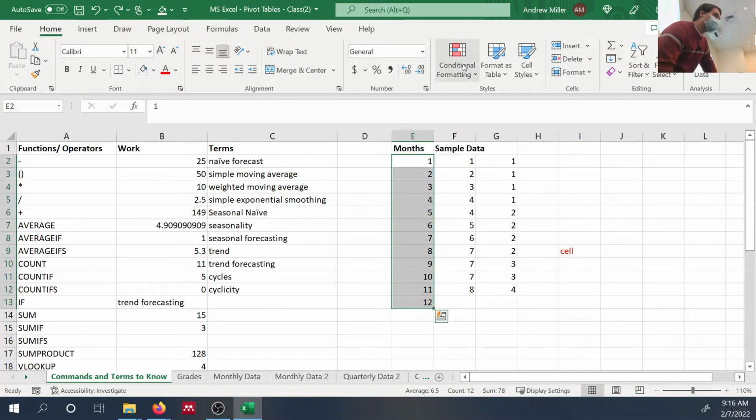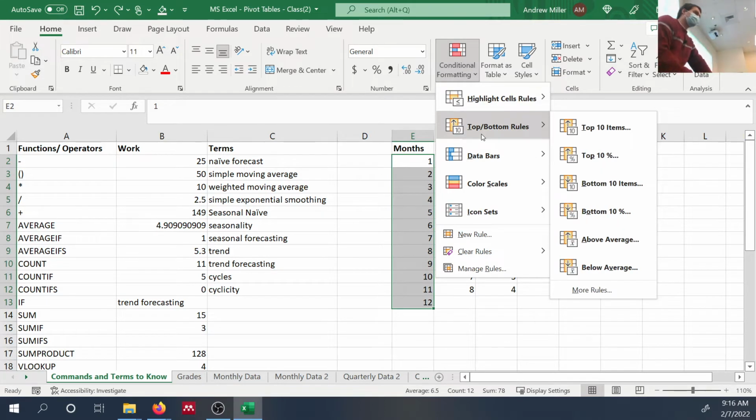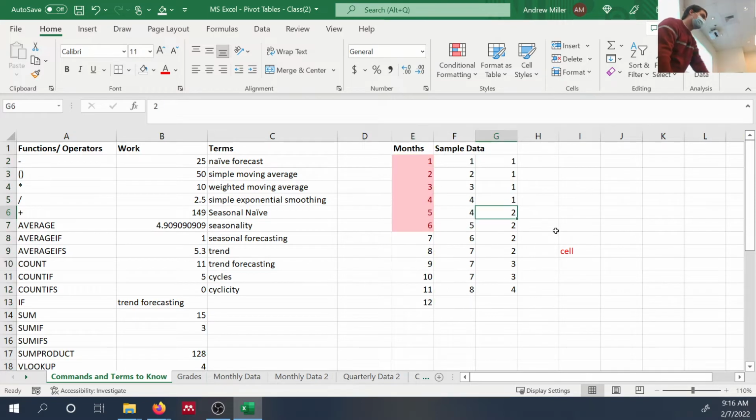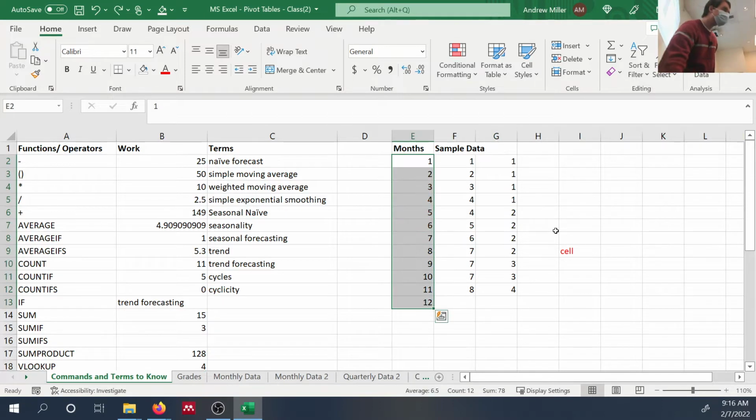So let's go ahead and do a couple more examples just to make sure everyone's on the same page. We can do above average if we wanted. Oh, let's do below average. Below average, just going to leave the default as red. So we're just going to leave that as is. And now you can see everything that's below average. So everyone with me? We'll do one more. All right, so I'm just going to,